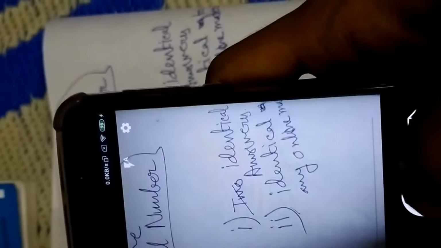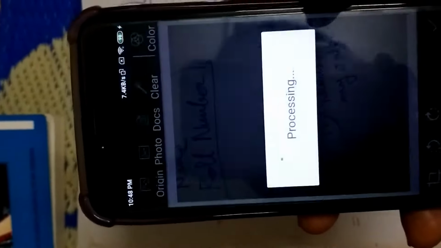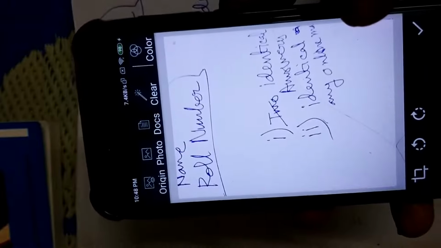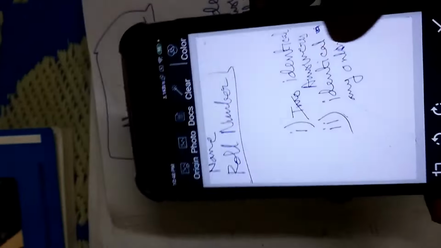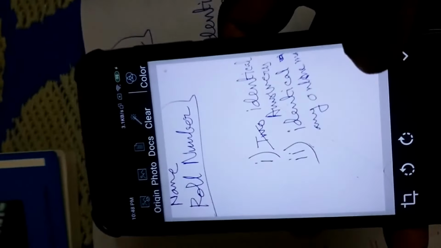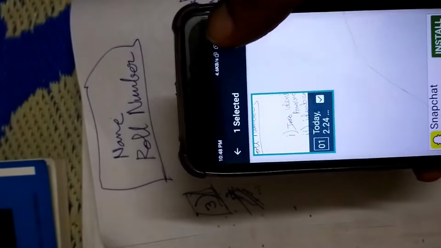Using this Clear Scanner, you will take your snap. Those adjustments you have to do. Then just click on OK. Now this is ready. So you just need to save it, this document 10, right?